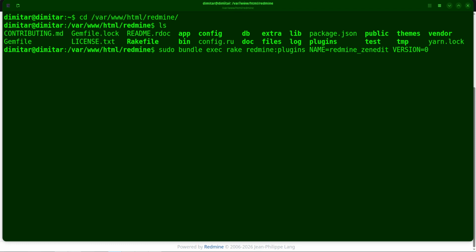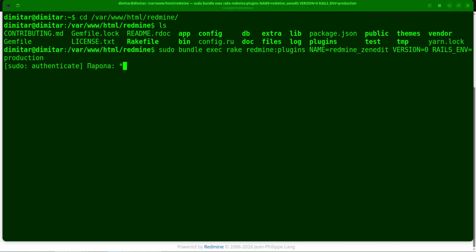Okay, so the last parameter is RAILS_ENV=production. This is pointing the server to be a production one. Okay, so please note that this is a single command. So I just zoomed in my terminal for you to see better, but that's why it is on 2 rows, but actually it is one single command in one row. Okay, so I click enter